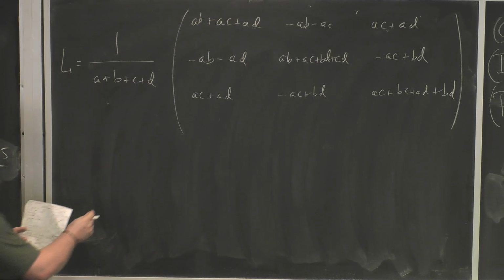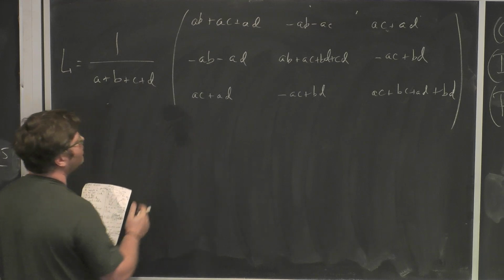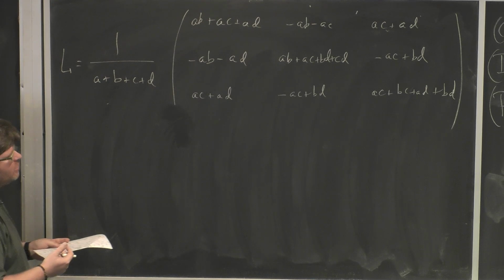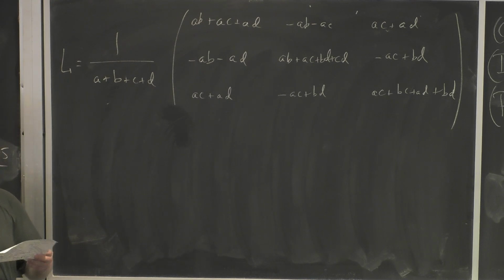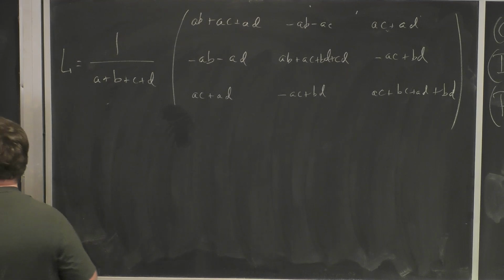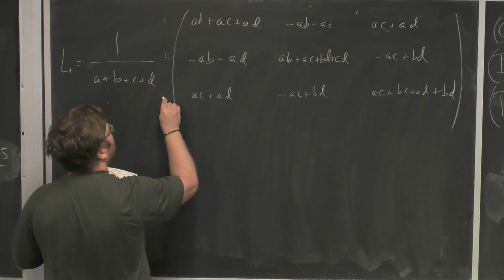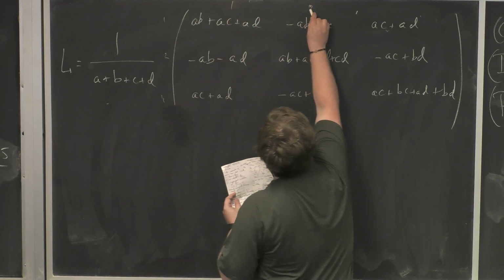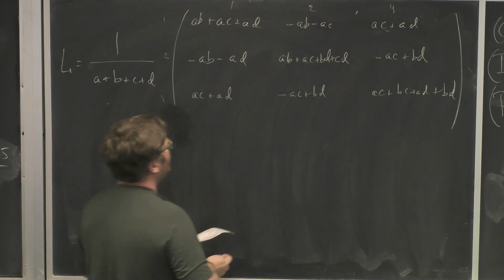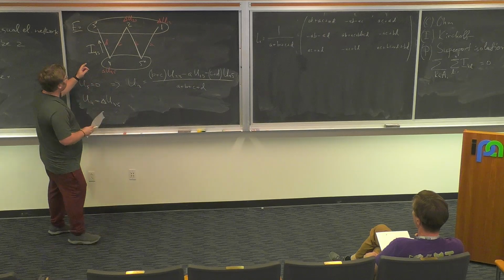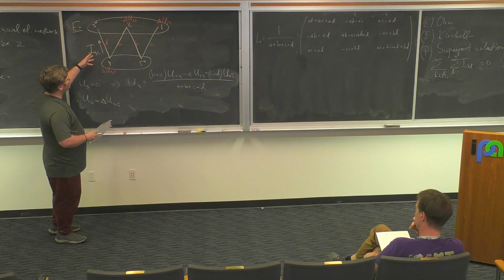So first of all, what are the rows and columns labeled by? They're labeled by the boundary vertices which are not roots. Right? So they're labeled by boundary vertices. In our case, this is 1, 2, and 4. So 1, 2, 4, 1, 2, 4. And then the claim is that if you take this matrix and we decide what potentials we plant at 1, 2, and 4,